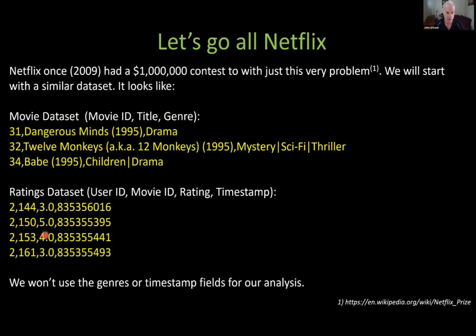Now, our ratings data set is really where the action is at. That's where all the interesting information is. It gives, for every movie number and every user, a particular rating. Well, what it actually gives us is not all the movies, but for the movies that users have seen, their assigned rating. The users all have numbers that are anonymized in this user database and in the competition. So user 2 has seen, in this case here, 4 movies. If we look in our entries in the ratings data set, movie 144, 150, 153, and 161.